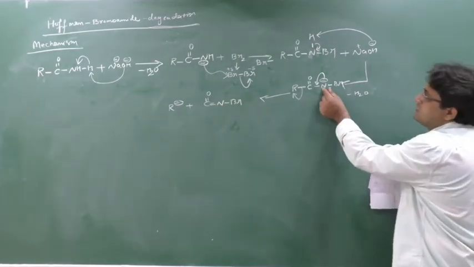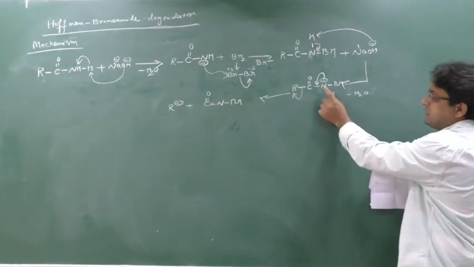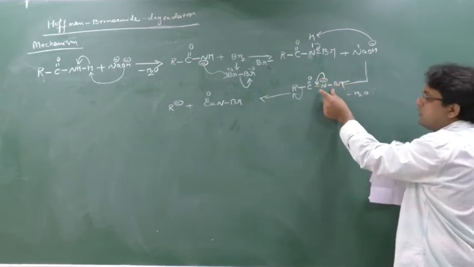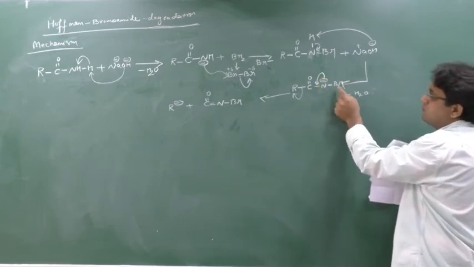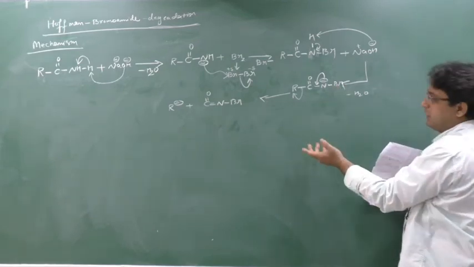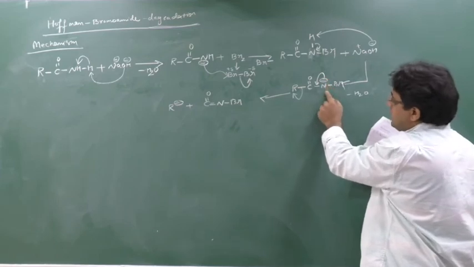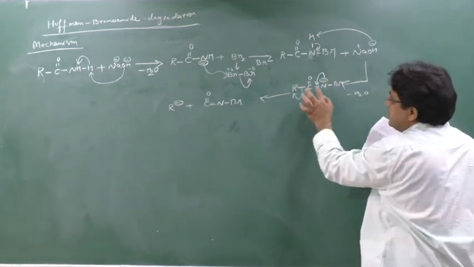This nitrogen which is having the negative charge wants to satisfy its negative charge. So this negative charge will be satisfied by making 3 bonds. There are 2 bonds. He cannot make a double bond because bromine will make only a single bond, but carbon can make a double bond with nitrogen. So the negative charge of nitrogen will shift to this carbon. So here a double bond will be generated.